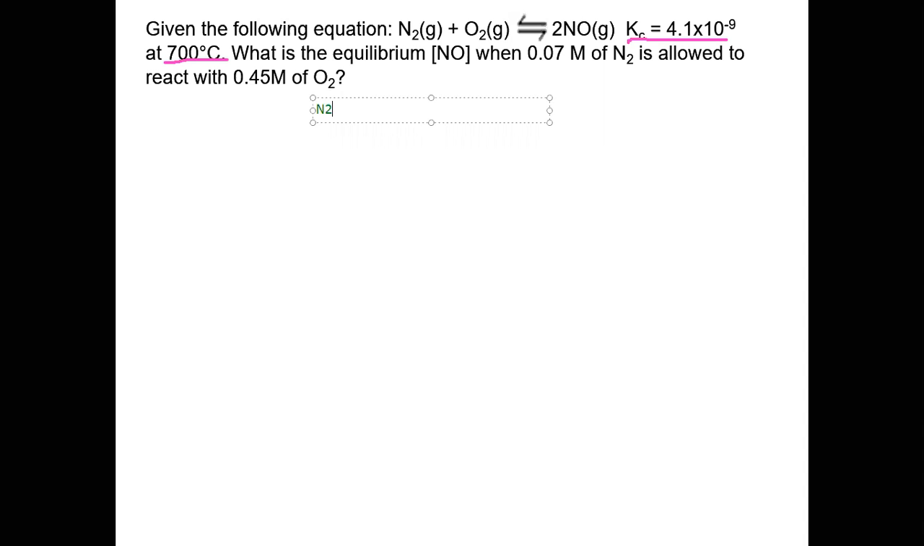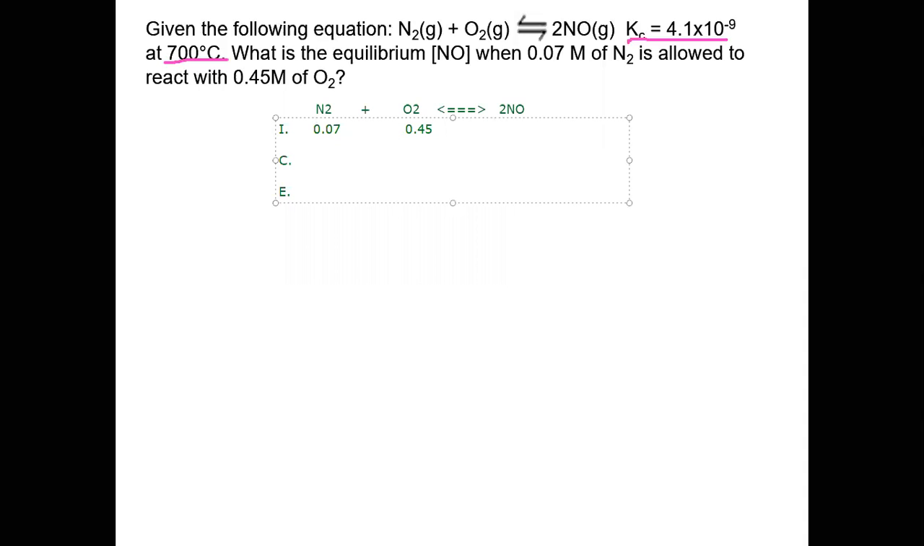So again, we have N2 plus O2 gives us 2NO. So we're going to be using the ICE table. So we have initial, change, equilibrium. Initially, we have 0.07 molar of NO, or excuse me, N2, 0.45 molar of O2,